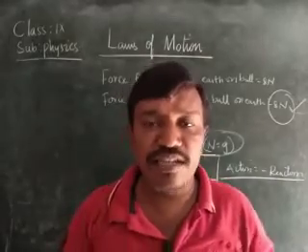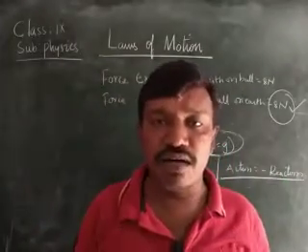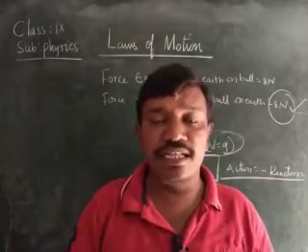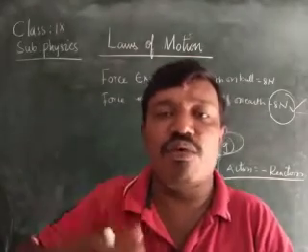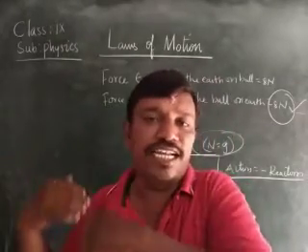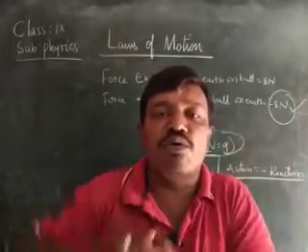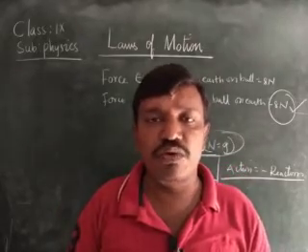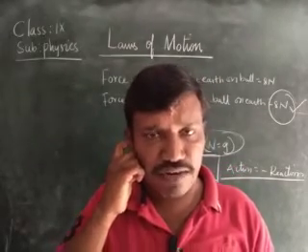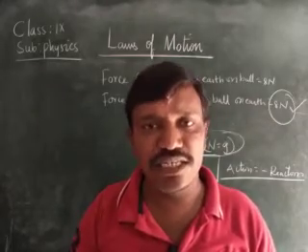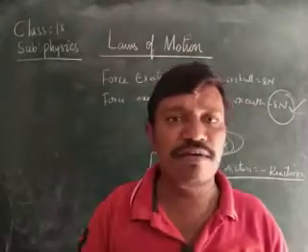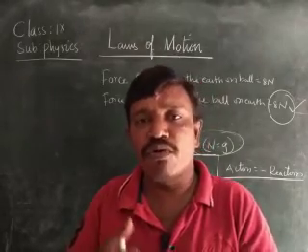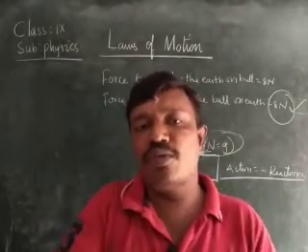Why is it difficult for a firefighter to hold a hose that ejects a large amount of water at high speed? When a large amount of water is ejecting outside, exerting force in the opposite direction, there is a chance that the person holding the hose will also be moving in the opposite direction. Due to that reason, he will be holding the hose very tightly. Why? Because the action and reaction are taking place. If he won't hold the hose tightly, he will be pushed out in the opposite direction.